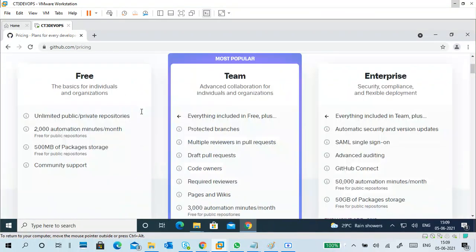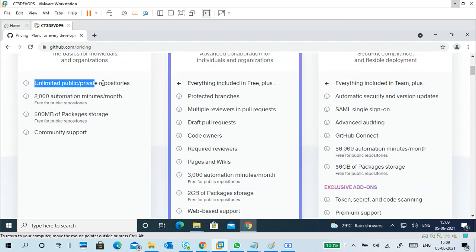GitHub is where you store your repositories centrally for any general purpose. It is free: unlimited public and private repositories, both you can do. 2000 automation minutes per month for a normal person, 500 MB package storage, and community support.